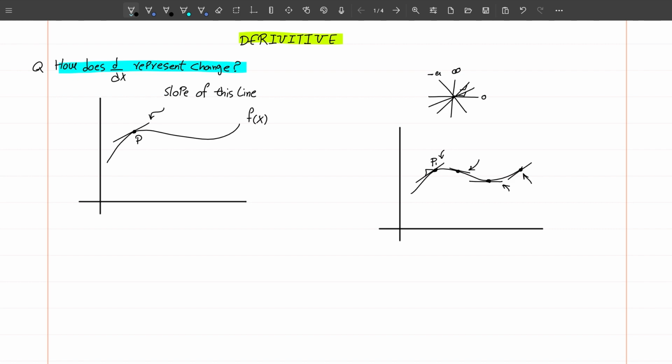So using the derivative, I can find the slope of these lines, these tangent lines on the points P1 to